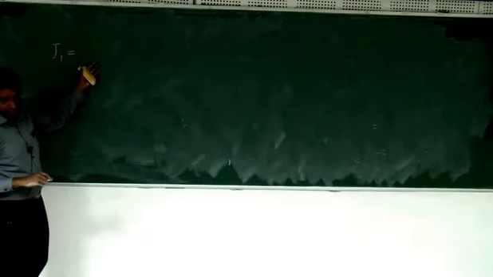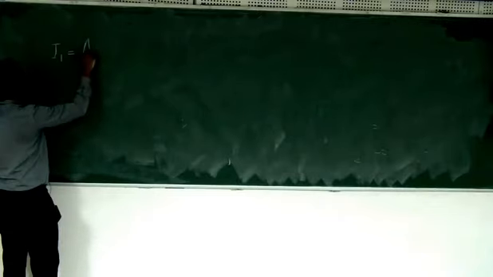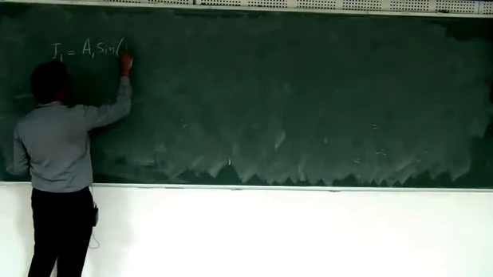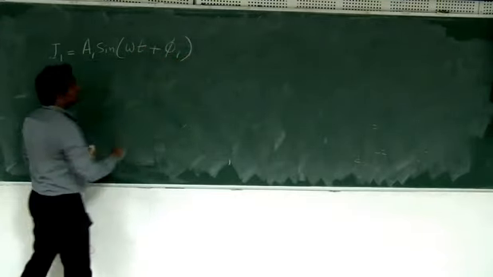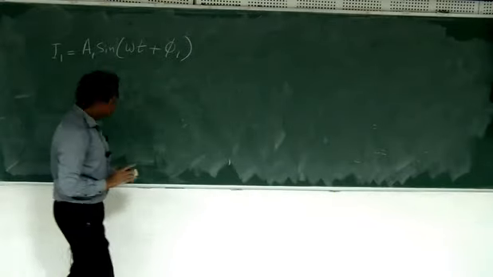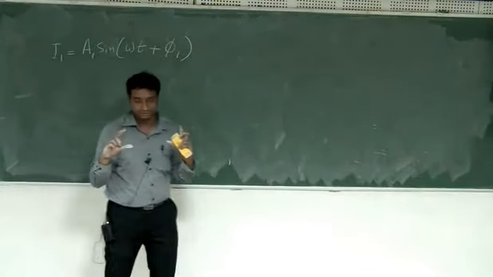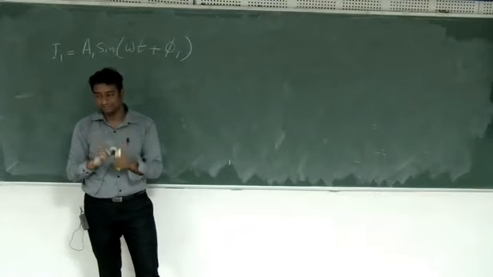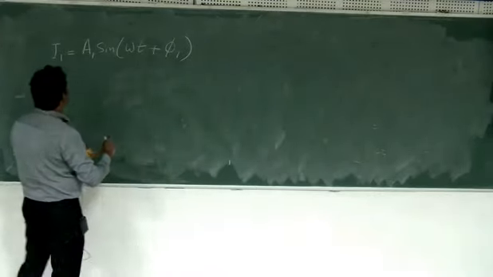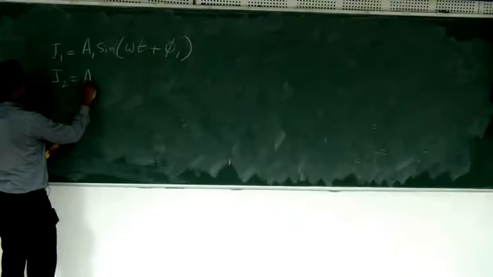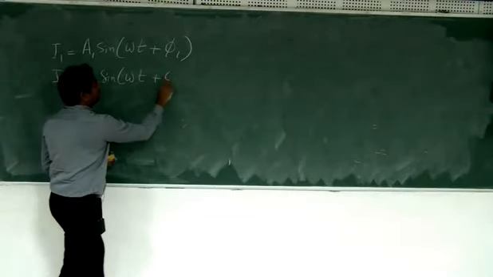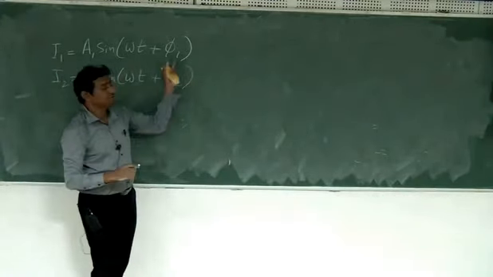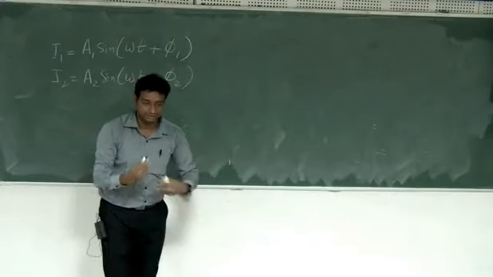So if I1 represents an alternating quantity, let's say A1 sine(omega t plus phi 1). I am assuming that all my omegas are equal. In a given circuit, I am using only a single omega value. So I2 is equal to A2 sine(omega t plus phi 2). That's why I am not putting omega 1, omega 2. The phi 2 or phi 1 itself may be a negative number. In that case, you can also represent both ways.